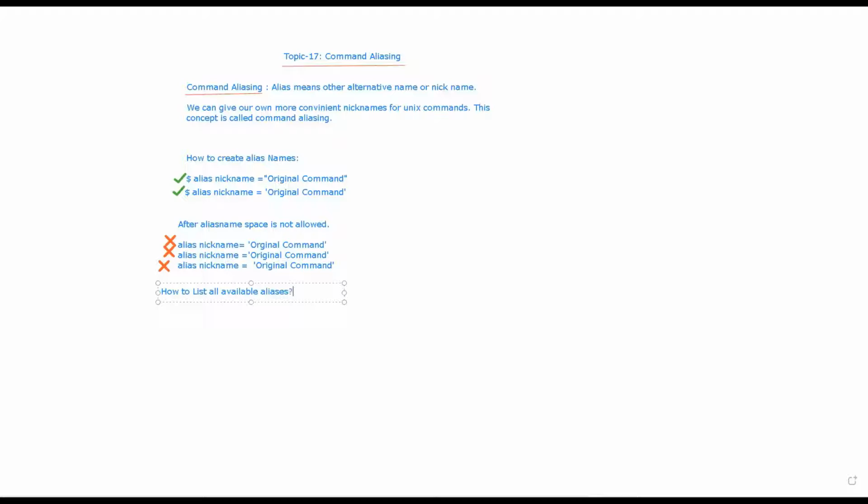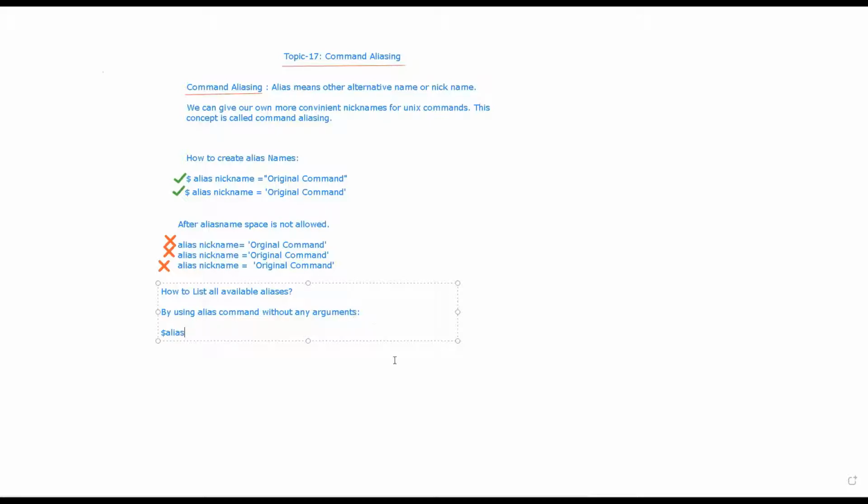aliases, right? How will I list that? By using the alias command without any arguments, right? So I can say alias, and this will list the available aliases.